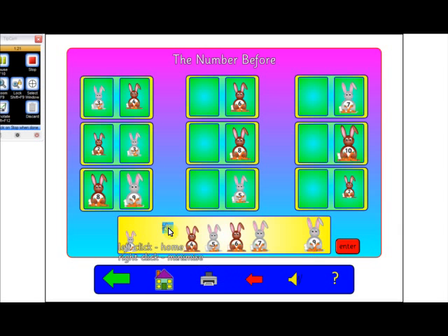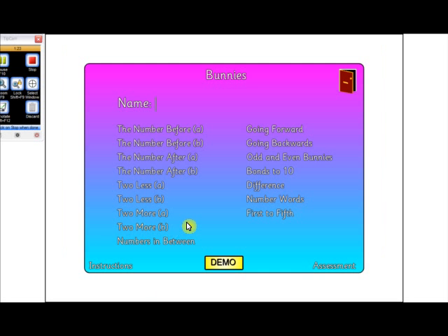Okay, so we'll go back to the menu. The following activities, like number after, 2 less, 2 more, and numbers in between, all work in a very similar way to the ones that I've just shown you. But the ones on the right are a little bit different. So if you go into going forward,